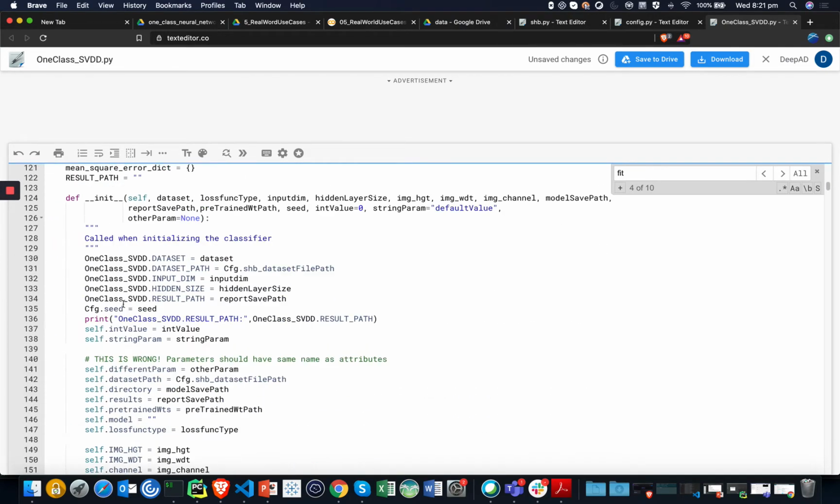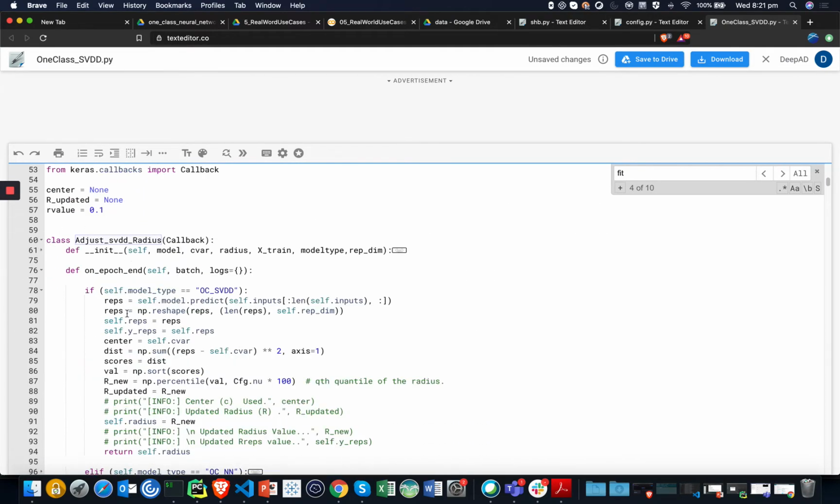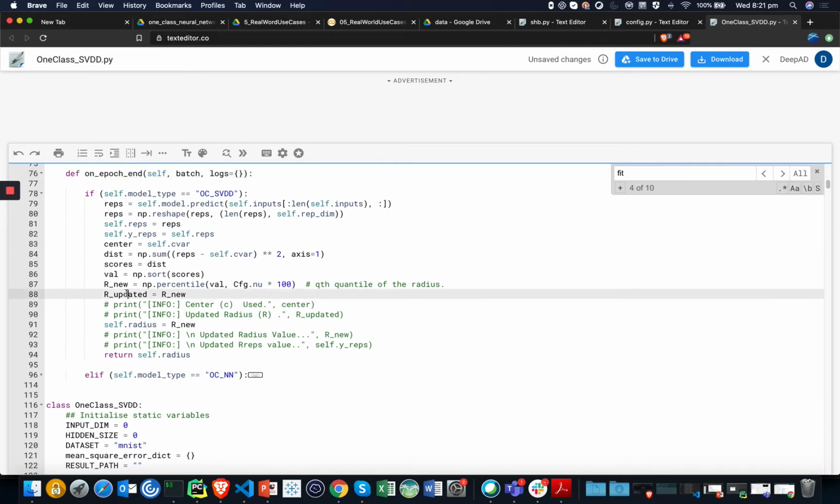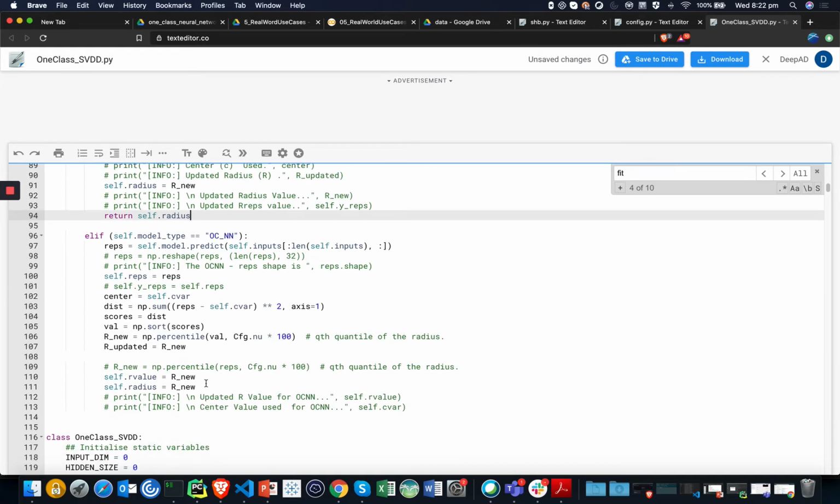So in here we have called a callback function, wherein at the end of each epoch we try to adjust the value of radius which is computed according to the algorithm. We're taking the nth percentile or the qth quantile of the value of the representations. So in here the radius is updated at the end of every epoch, and in case of one class neural network implementation,